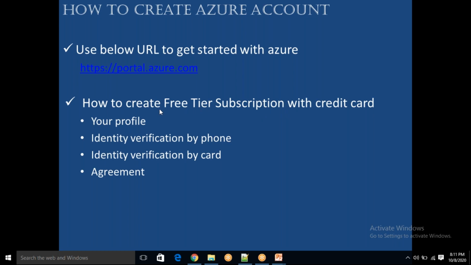I understood. What happens is, after this free tier subscription, Microsoft will suggest you to upgrade the subscription to pay as you go. What is pay as you go? Pay as you go is nothing but you just use the services. Once you use the services, they will charge you. They will add those charges to your pay as you go subscription. Later, you need to pay from your pocket. Remember, you need to pay it from your pocket.